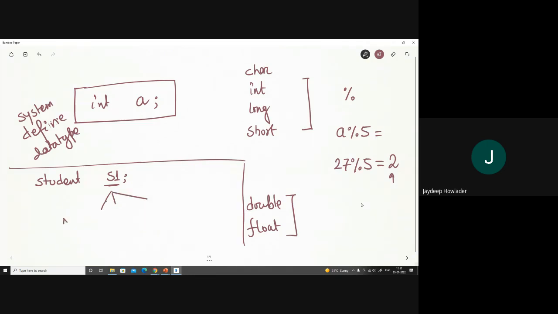He may have a name, a roll number, and a score. Name, roll number and score have different characteristics. Name is a sequence of characters, the roll number may also be a sequence of characters, and score is a float.